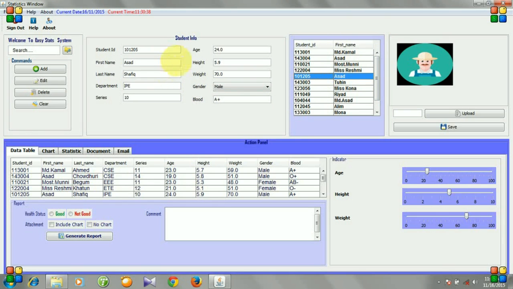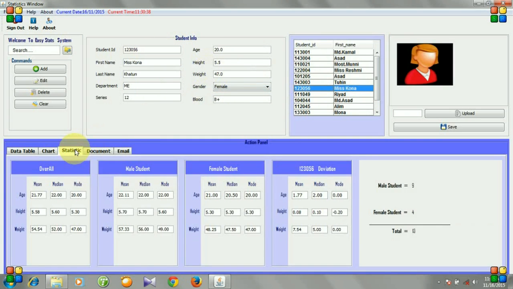So let's click another row, and you see the informations are updated in this text field, and this window keeps the mean, median and mode deviation of each record in this field. Let's again click another record, and you see the student ID is updated, and this window keeps the deviations.